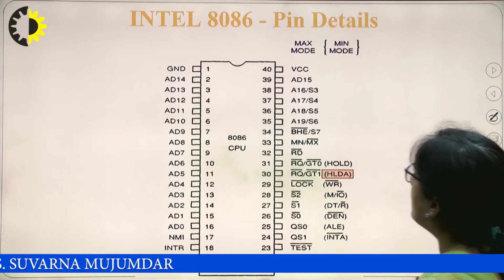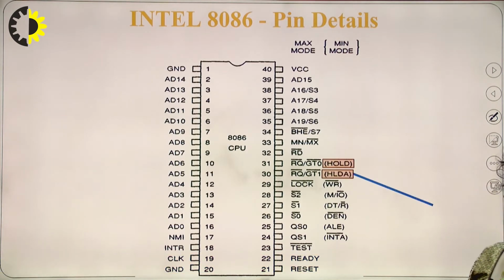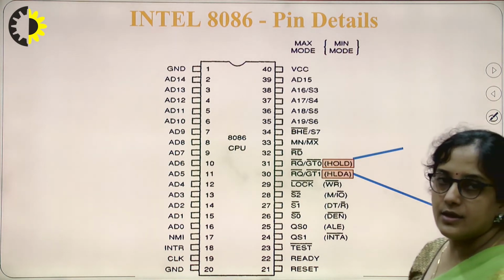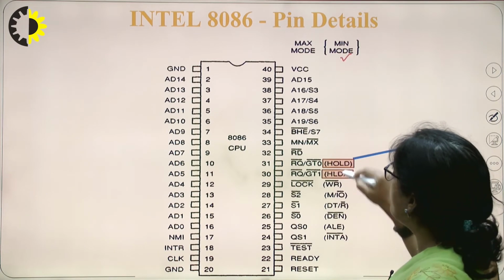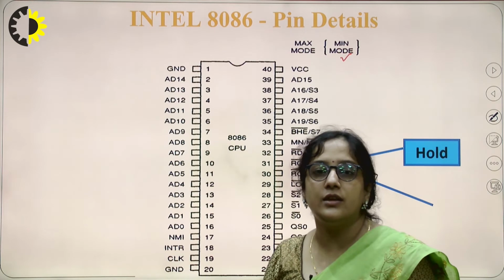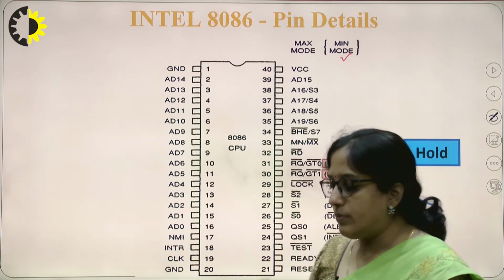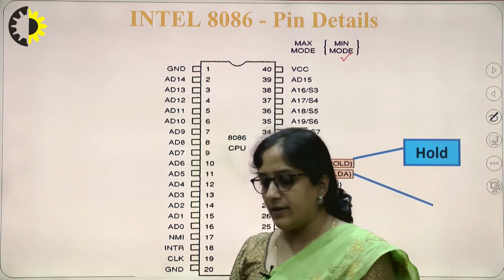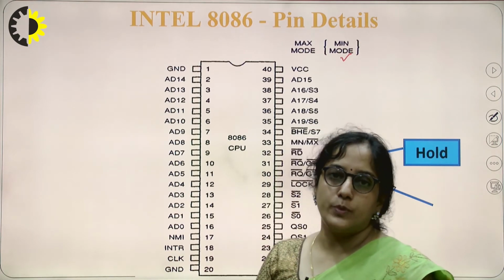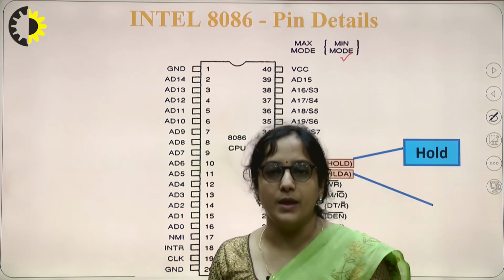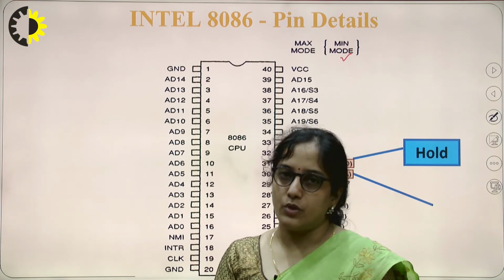Now, next we are dealing with HOLD and HLDA. These are two pins, pin number 30 and 31. In minimum mode, these two pins are used to interact with the DMA, that is the direct memory access controller. Whenever there is a large amount of data to be transferred from input output devices to memory or from memory to input output devices, in that case we use DMA, direct memory access, to